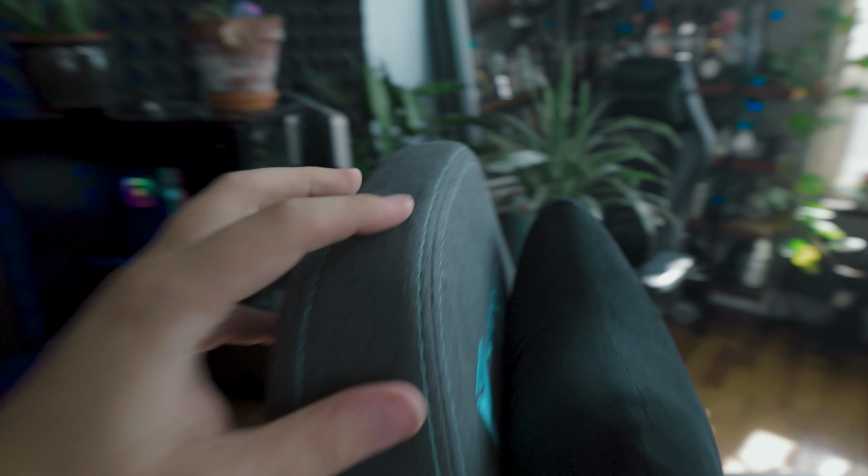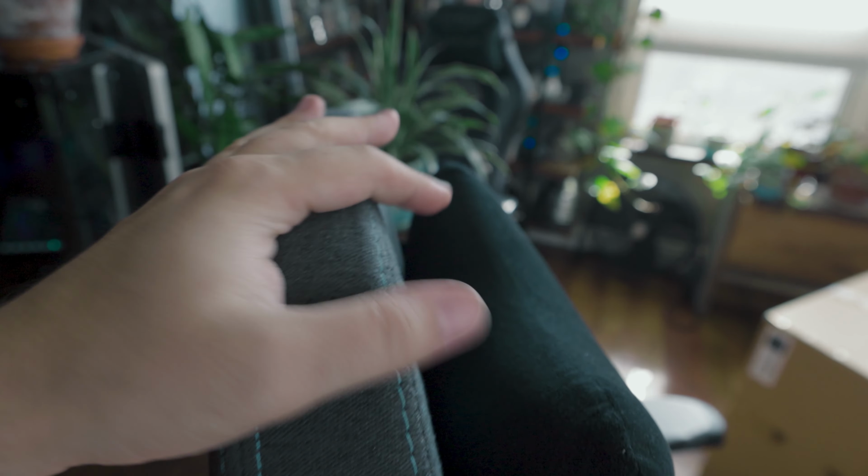All right, so I mentioned that the armrest on my friend's chairs is harder, mine is softer, and that might be why it's breaking. Also, I noticed that the seat cushion on my friend's chairs is softer and mine is harder, so it's kind of opposite. Their chairs are noticeably softer when I sit in them, mine is a little harder, so I don't know what that's all about, but there's obviously some sort of quality control or materials issue going on with the factories that produce these seats and these arms, because there's a difference. There is a little bit of wear happening here on top of the chair,